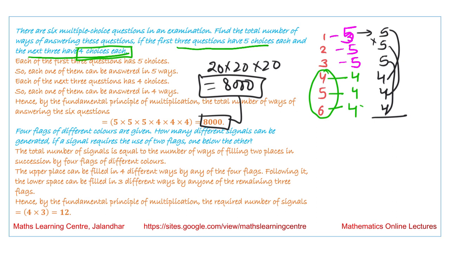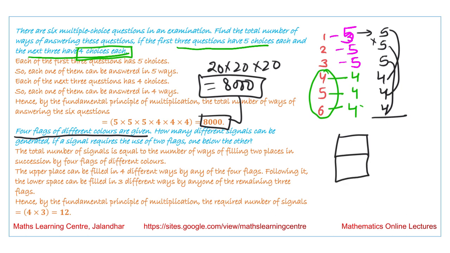Next is, 4 flags of different color are given. In how many different signals can be generated if signal requires the use of two flags, one below the other? So the signal is to be formed. We are saying